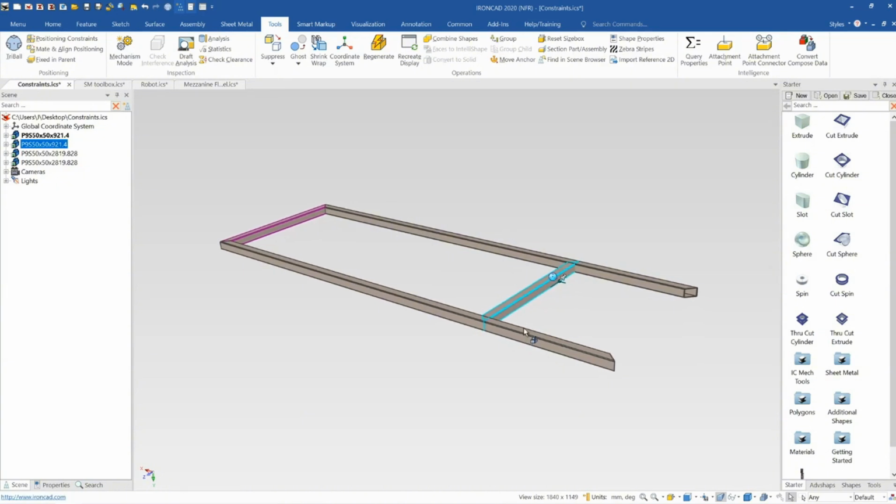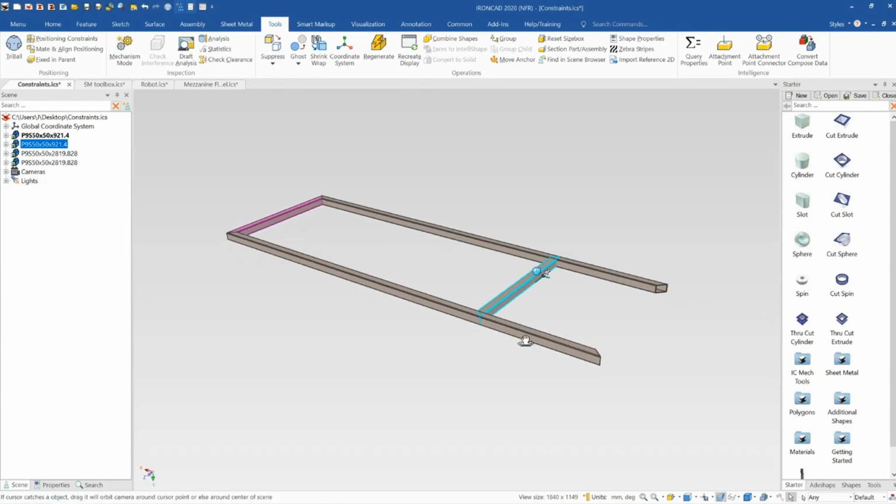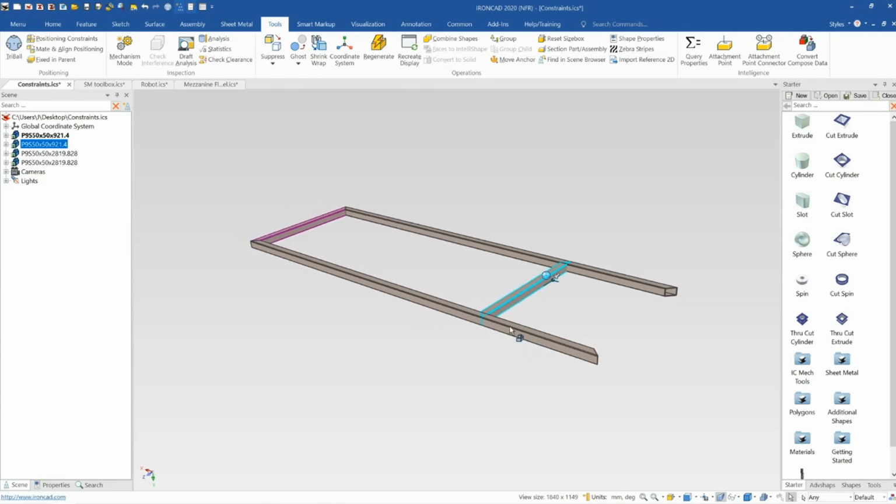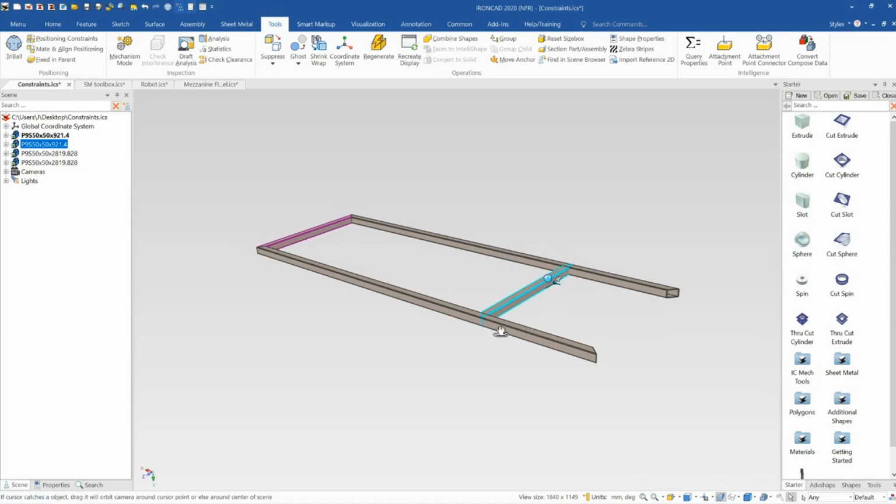Important to note is that you don't need to constrain parts in IronCAD that aren't moving. You only need to constrain parts if you want to, or if you have moving parts that you want to simulate various different movements. Anyone who's constrained a model in a traditional system before will probably know how long it takes to have all the different parts in a model and mate and constrain them together into an assembly. Whereas in IronCAD, you can build all of your